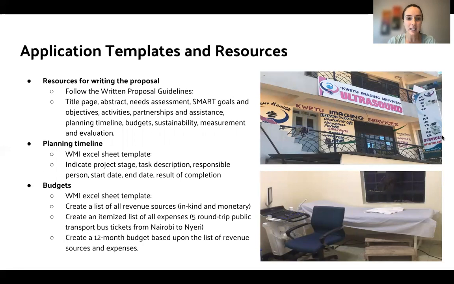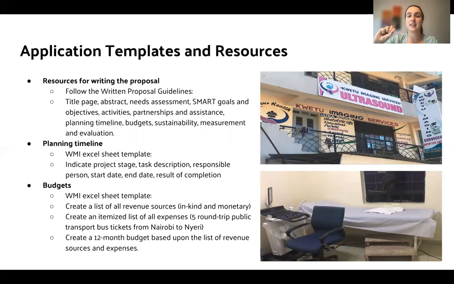So just going into the application templates and resources available a little further, we have the resource for writing the proposal, the written proposal, and you need to follow the guidelines because the review committee will be looking at each section. Did the applicant write an abstract?